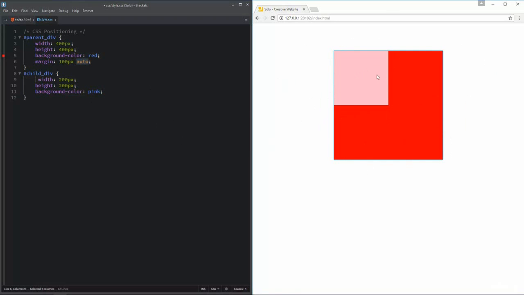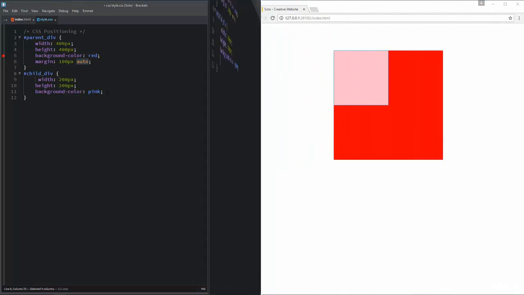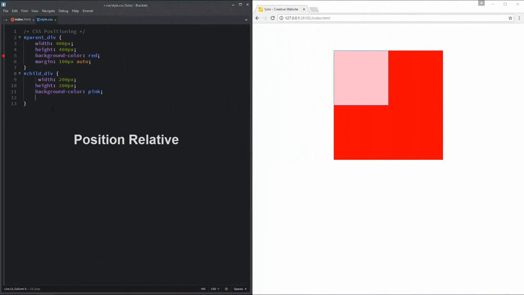Okay, let us start positioning this pink div. I will start with CSS relative positioning. I'm going to write the CSS position property and set it to relative. An element with position relative is positioned relative to its normal position, so keep that in mind. To use CSS position, you would use four positioning properties: top, right, bottom and left.